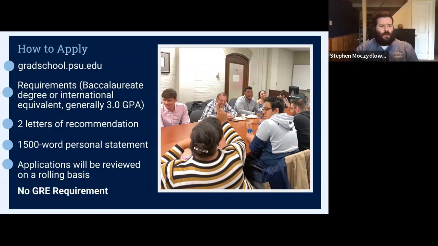So at the moment, all applicants are potentially considered for funding. Going forward, we might change that process a little bit, but at the moment, no. So if you apply to the program, you don't have to complete something separate to be considered for funding. As we admit you and review your application, the admissions committee is the same committee that does funding offers. So we consider everyone who comes through based off of a lot of different factors. And then if we are to offer you funding, you would get a letter from us.